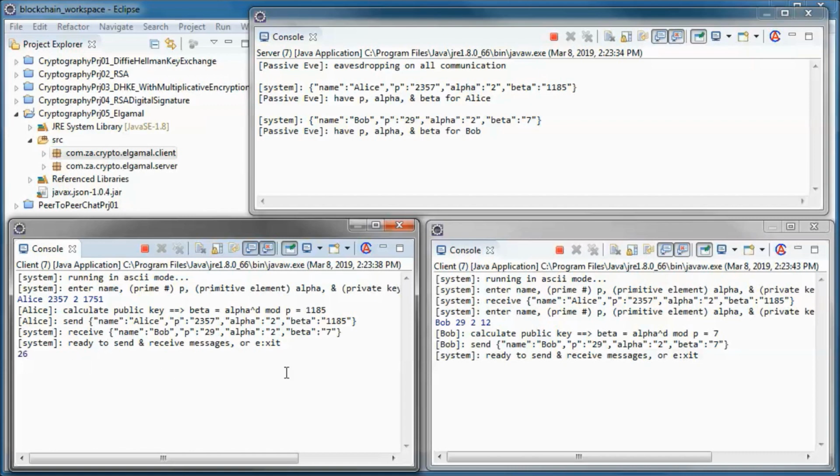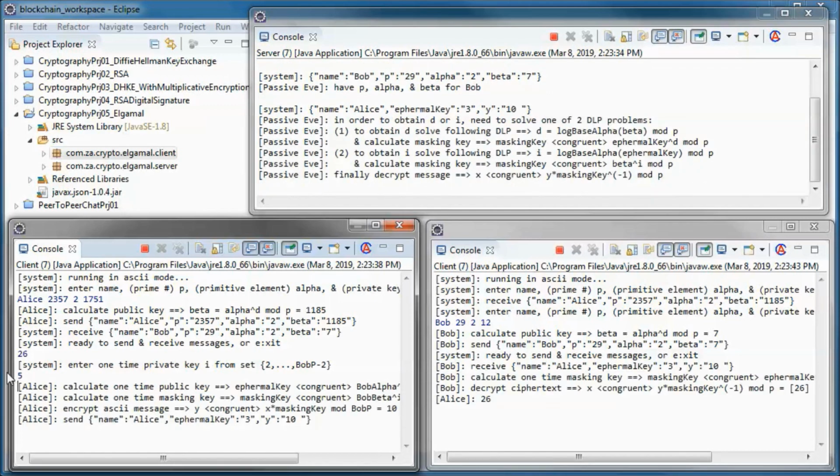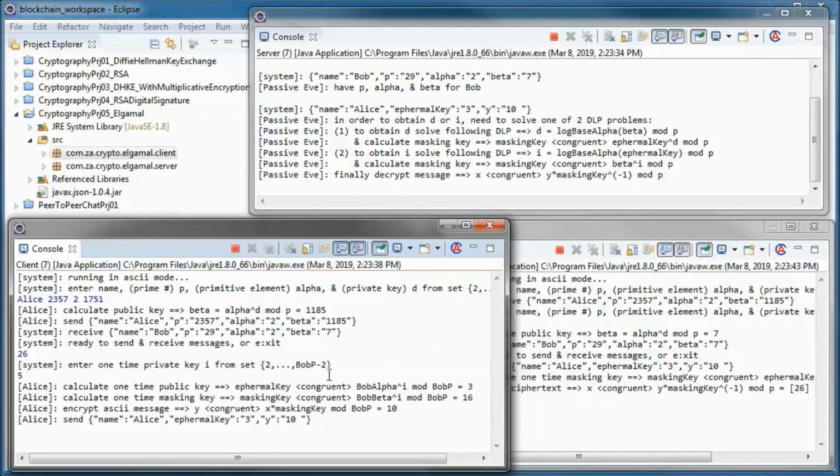So let's say Alice wants to send this ASCII message to Bob, and let's use this as her one-time private key for this message. So she calculates her one-time public key or ephemeral key for this message, and the one-time masking key for this message, and she is using I to do that, and the alpha for Bob and the P for Bob.